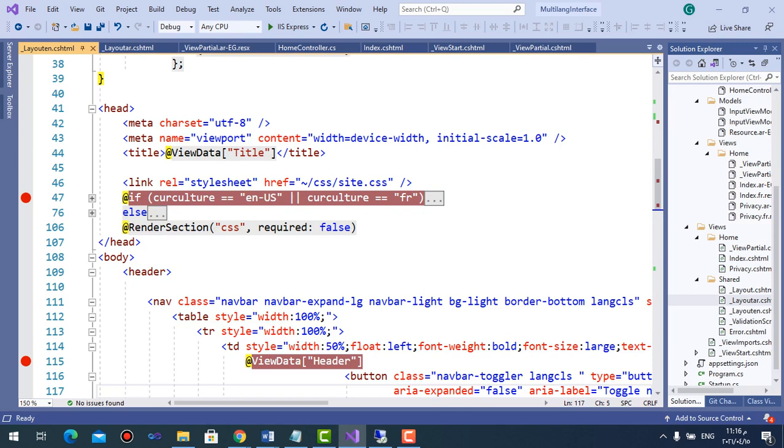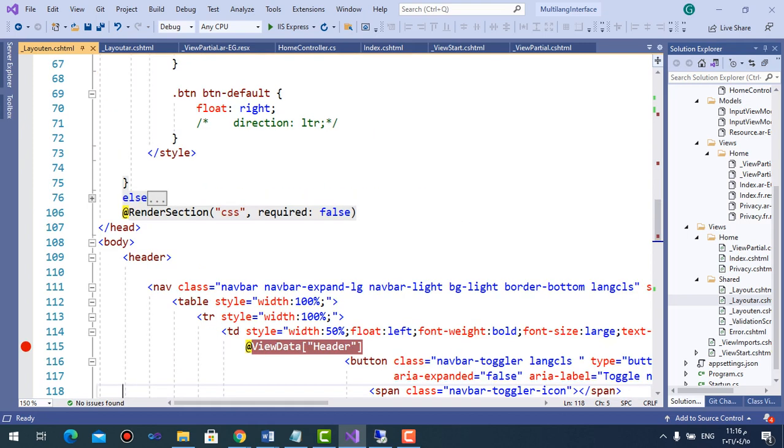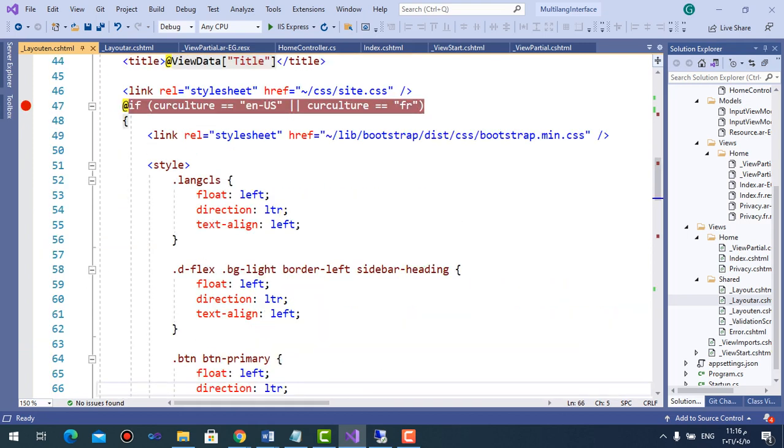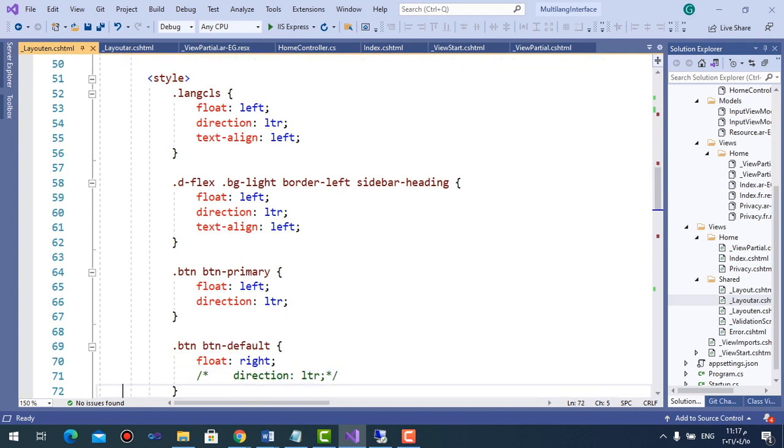And I ask about the current culture, if it is EN, US or French. This is what I want to explain for now. If it is EN, I will use the bootstrap and CSS for EN or French. I can also apply the style I want. For example, English and French have float left direction LHR, text align left, and so as for the